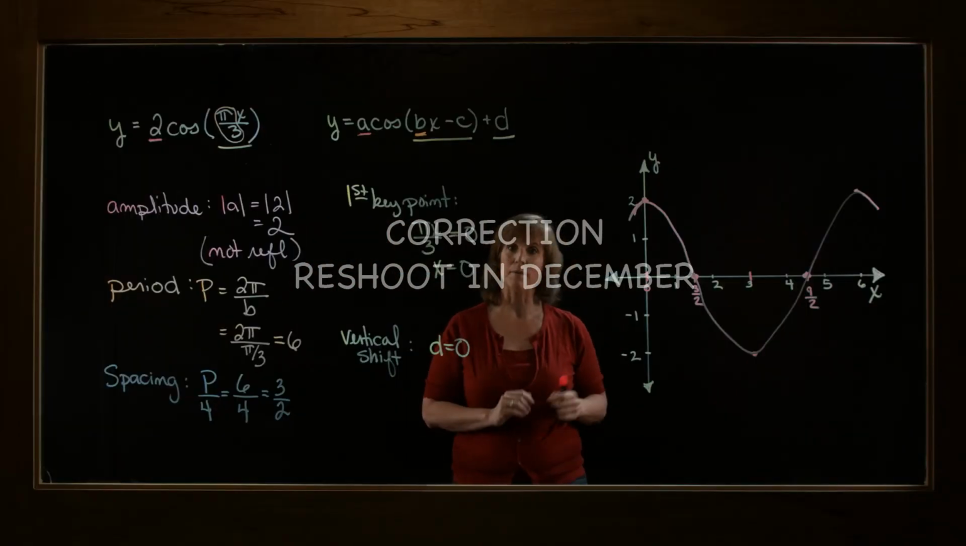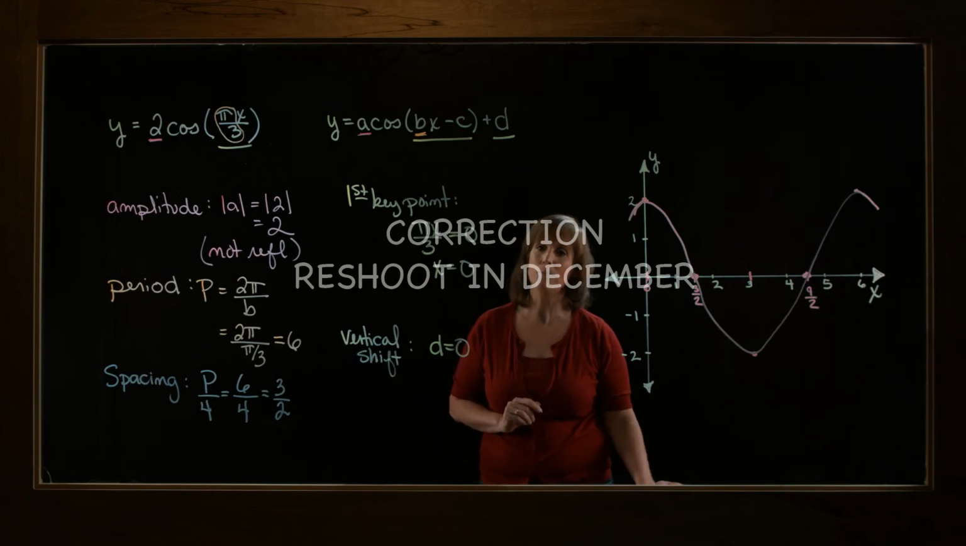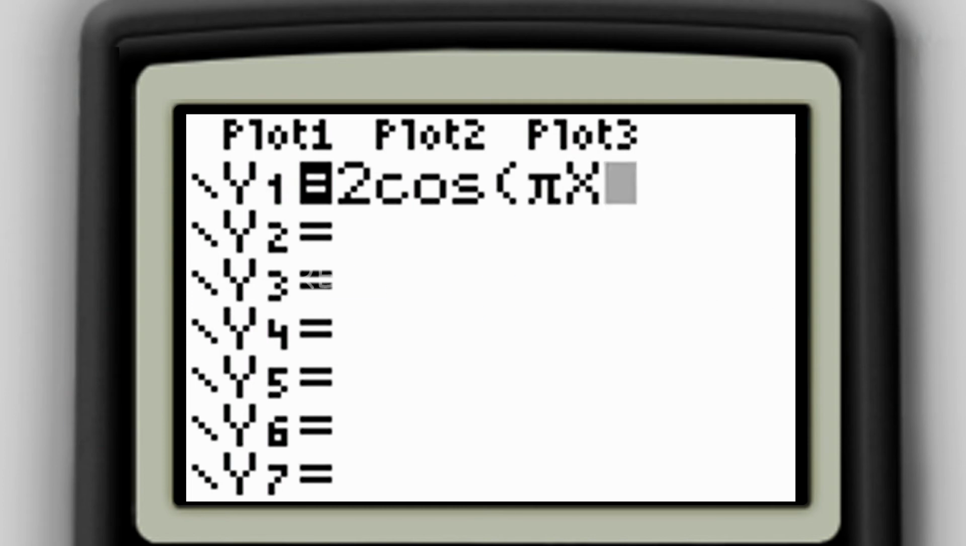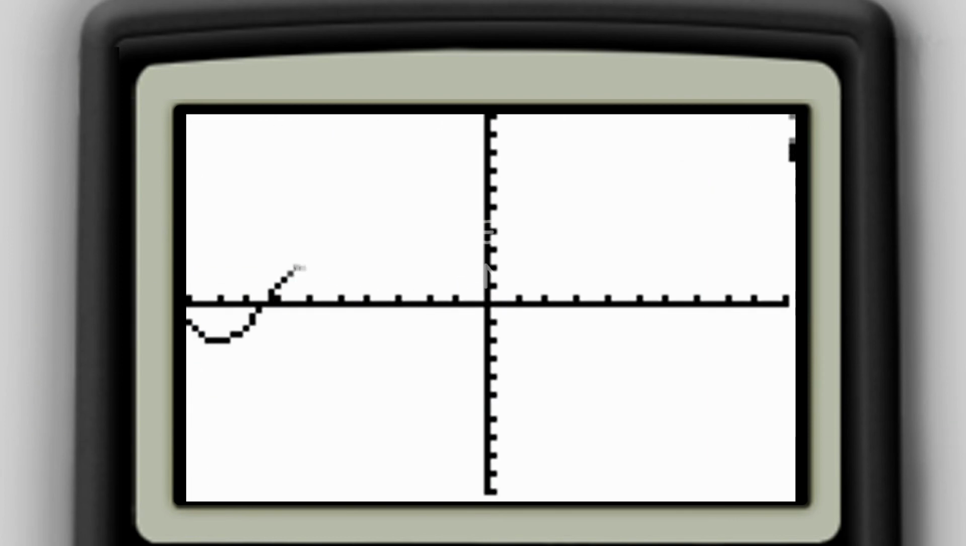All right, I've done it by hand. Let's go ahead and pull out our calculators and see if I've got the right answer. To do this, we're simply going to enter y equals 2 cosine of pi times x divided by 3 into my calculator. Now, one thing to be careful of, make sure your calculator is in radian mode. When I hit graph,